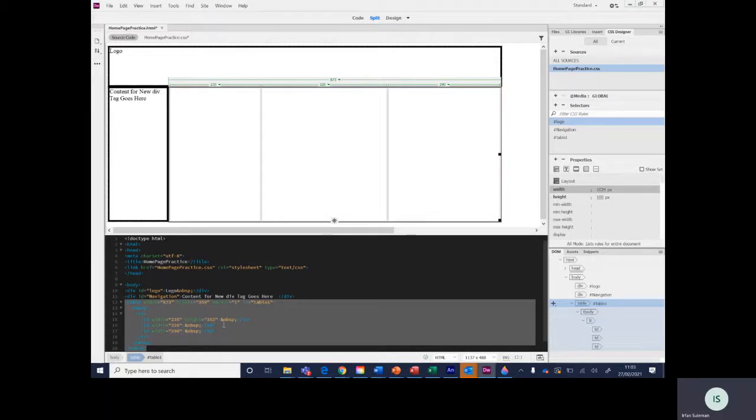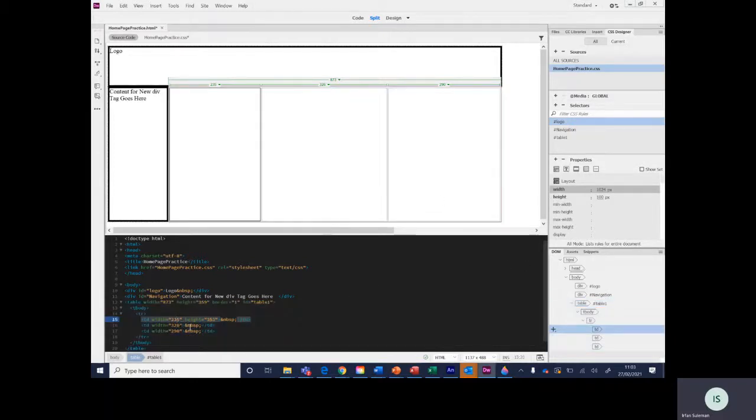Go to the HTML. You can see the HTML at the bottom. It's added it in for you for the table. So, for example, you can see they're about 235, 326 and 290. If you want to make them all equal lengths, that's fine. You can either do it from here, so you can basically try and work out what equal length will be from here. So let's go for about 280